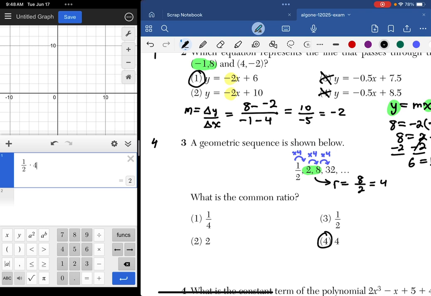If I did 2 divided by 1/2, a lot of people think, well, I'll just do that in my head. 2 divided by 1/2 is equal to 1, but it isn't. So 2 divided by 1/2 is equal to 4, right? Because 1/2 is 0.5, how many of those 0.5s would I need to get to a 2? I'd need 4 of them: 0.5, 1, 1.5, and then finally 2.